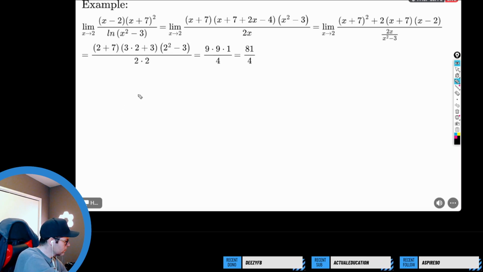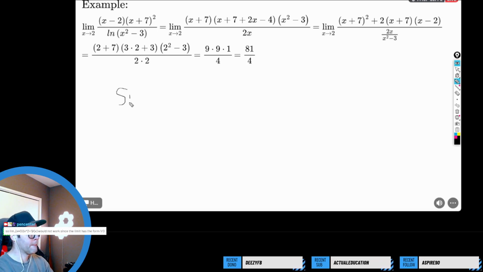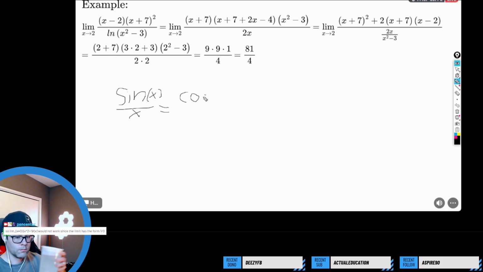And a famous one and a weird one is this: sin of x over x. Now, the problem with this is that when we use the derivative of sin of x to define it as cosine of x over 1,